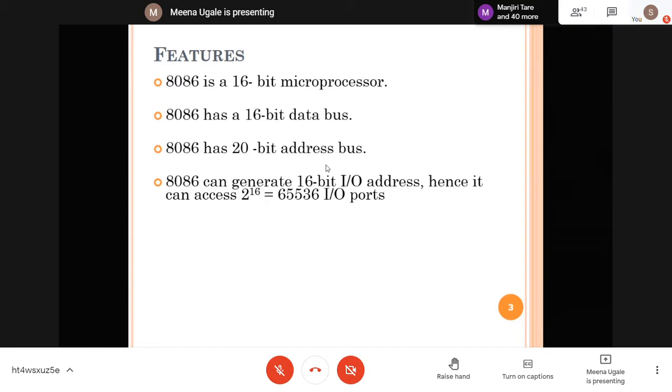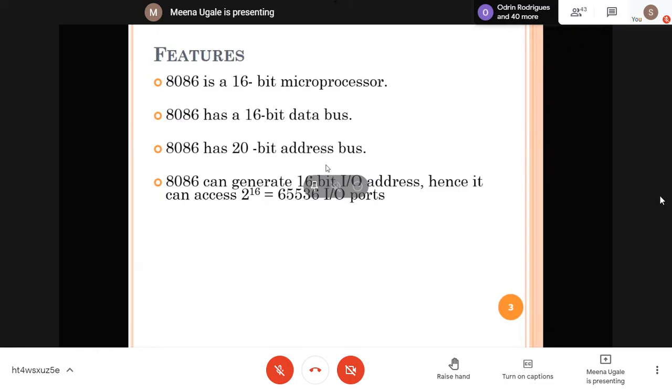Next, 8086 generates 16-bit IO addresses. What is the meaning of it? There is a facility to connect input-output devices. What are input-output devices? A simple one is a keyboard or mouse, or you can go for high-end devices on the machines available nowadays.